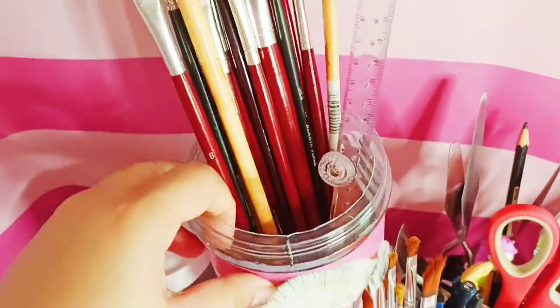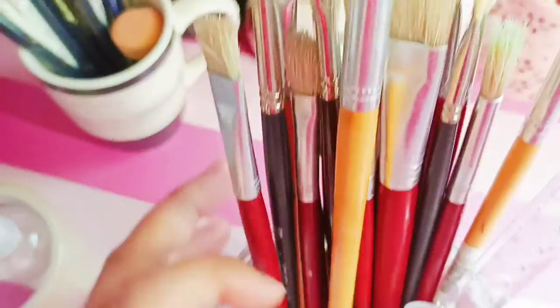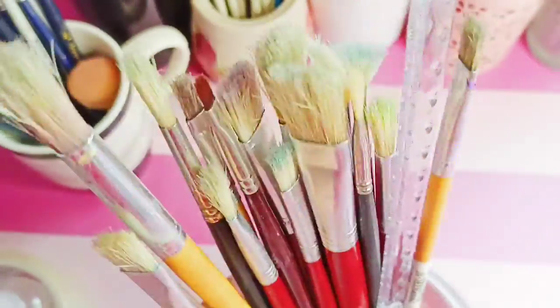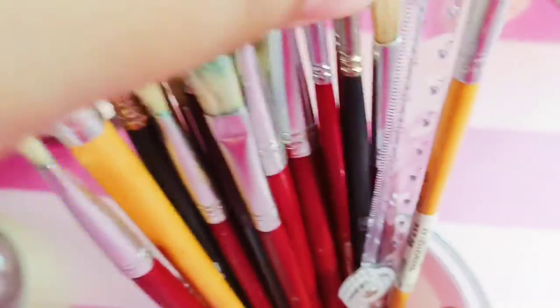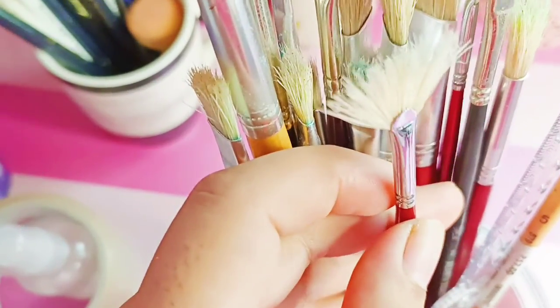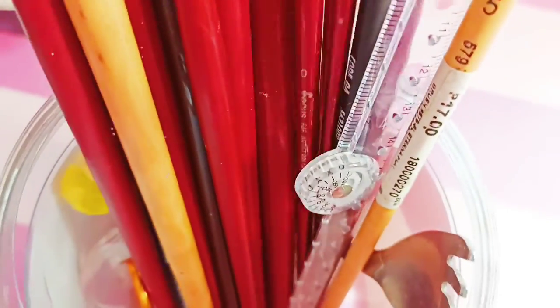And this is my collection of my long handled brushes. These are mostly Bristol brushes, and this is the fan brush that I showed you on my unboxing vlog. And this is a free brush,